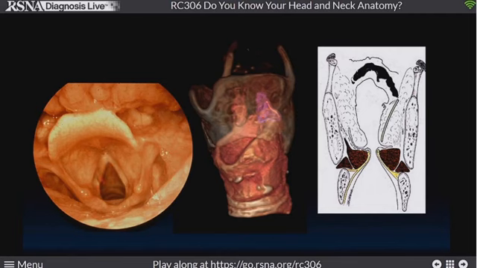And so they're going to go in, they're going to need us to tell them about some of the deeper areas. This is what they see with the epiglottis. This is the false chord, the true chord, aryepiglottic folds. And here, piriform sinuses, that's what they can see. Here, these are some of the things that we can see.